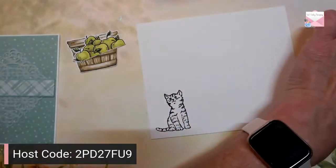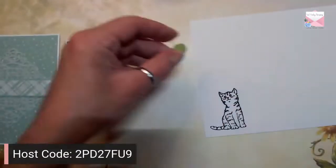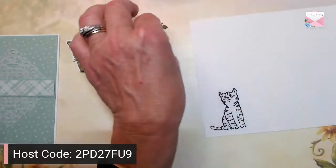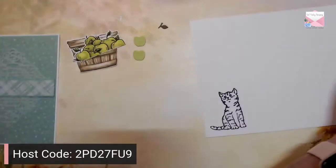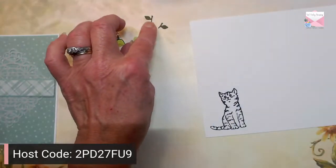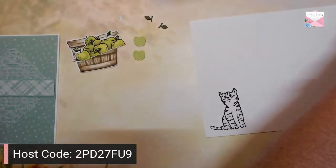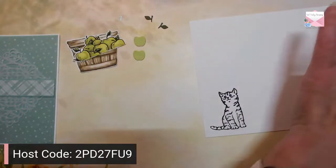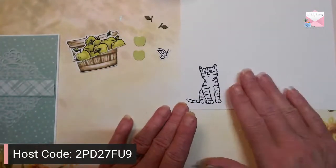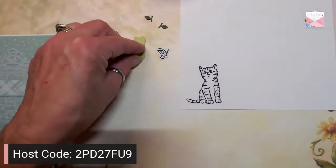Now for the apples, I die cut 2 apples out of Parakeet Party. And I cut out 2 stems and leaves in Mossy Meadow. I stamped and die cut the butterfly. And let's look at our cat. But first, let's look at our